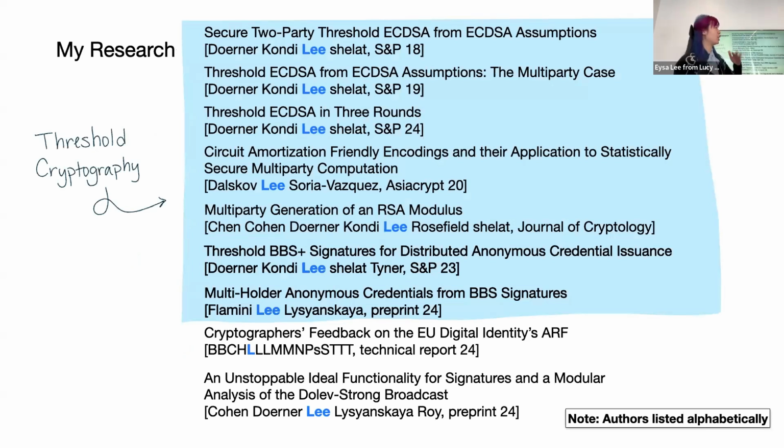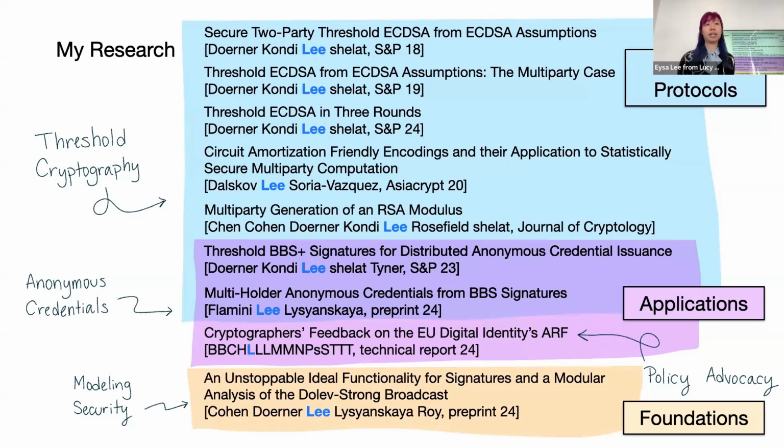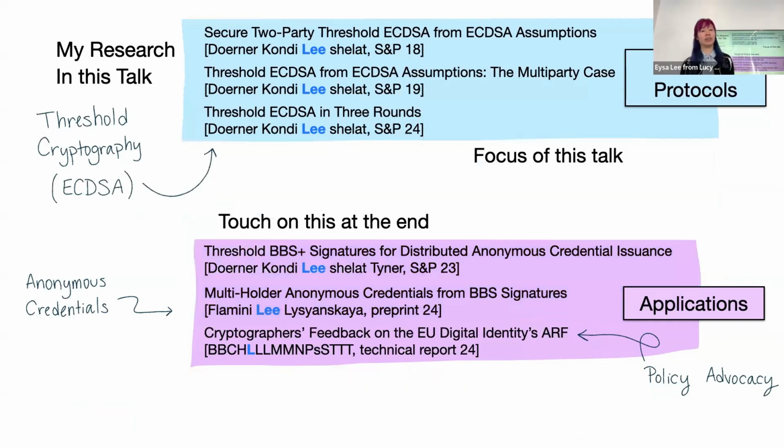That is the overview of my research. A lot of the research through my PhD has been on threshold cryptography, distributing these protocols. I've highlighted it in blue. My research has also spanned anonymous credentials more recently, and very recently, more foundational questions of modeling security. Broadly, my work is in three categories: efficient protocols, some applications, and foundations. But this is a lot to try to fit into an hour. So the focus of this talk is mostly going to be on